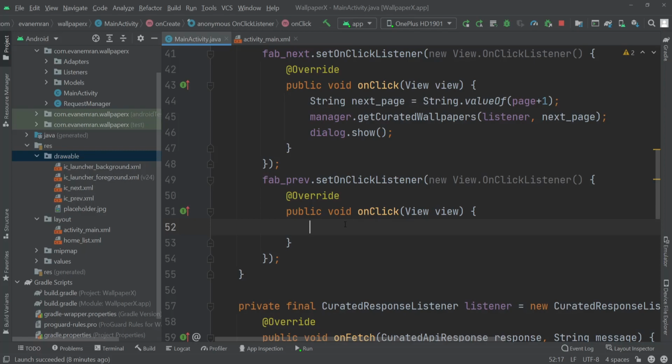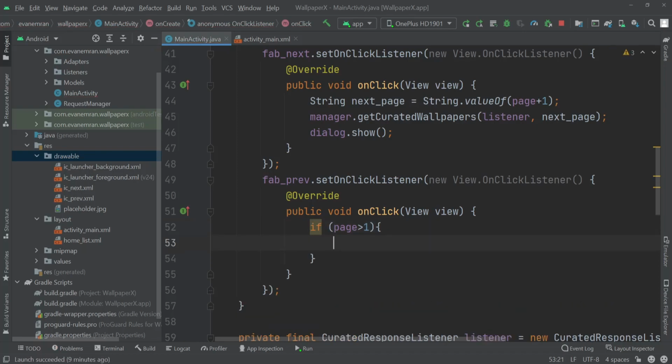But here is an issue, because if this is the first page and we click on the previous button, then according to our condition the page number will be 0, which will give us an error. So in order to avoid that, we can write a simple if condition here, that if page number is greater than 0, not greater than 1, in that case we will only perform the onClick event. So if the page number is greater than 1,